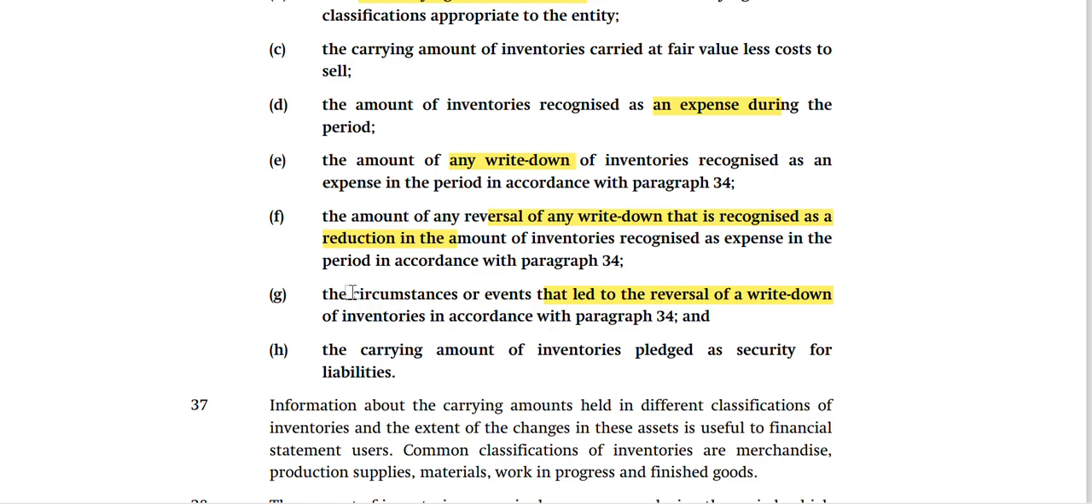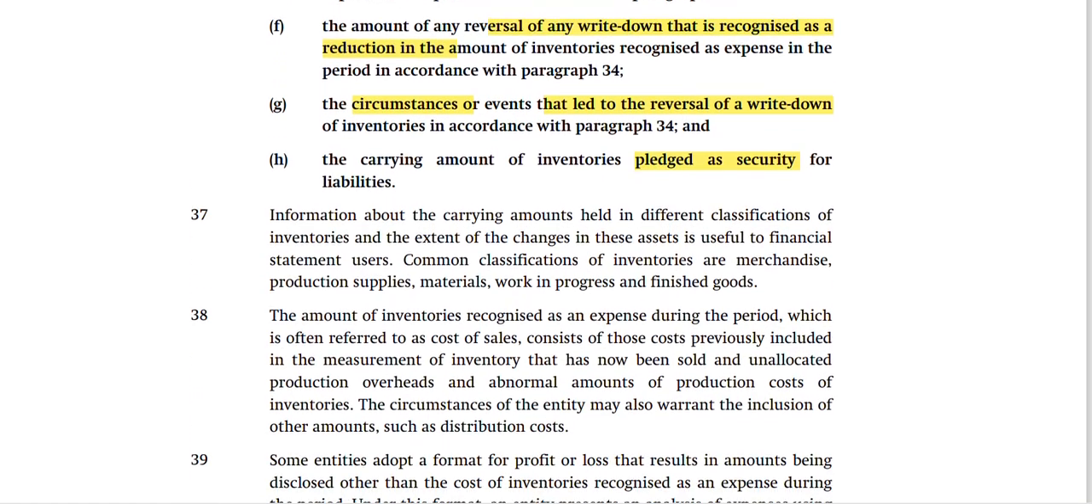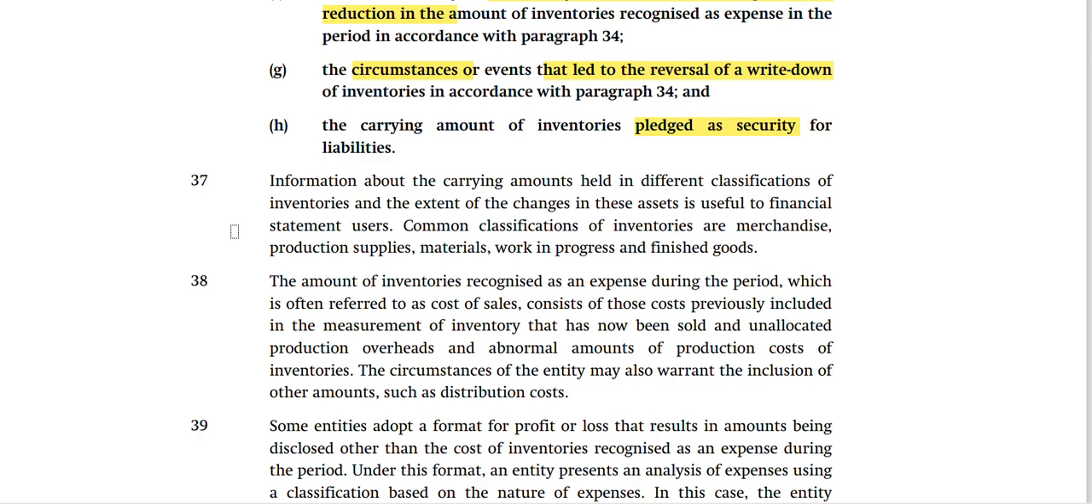So it is very important that you put the details of the circumstances, the current amount of inventory pledged as a security for the liability. So what is the portion that has been pledged as a security for any liability that was taken into account when this inventory was maybe procured? Then we're looking at paragraph 34, information about the carrying amount held in different classification of inventories and the extent